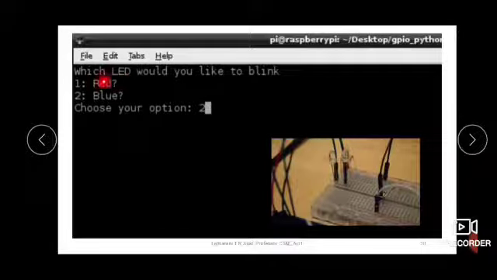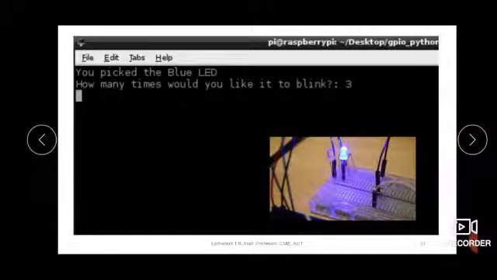Next time when it asks which LED you would like to blink, you choose 2, which is the blue LED. So when you choose it, the blue LED will be on. Again it will ask how many times you would like the blue LED to blink. Again the user gives 3.